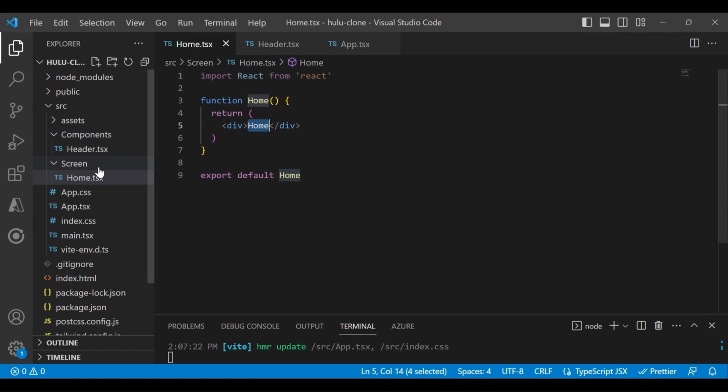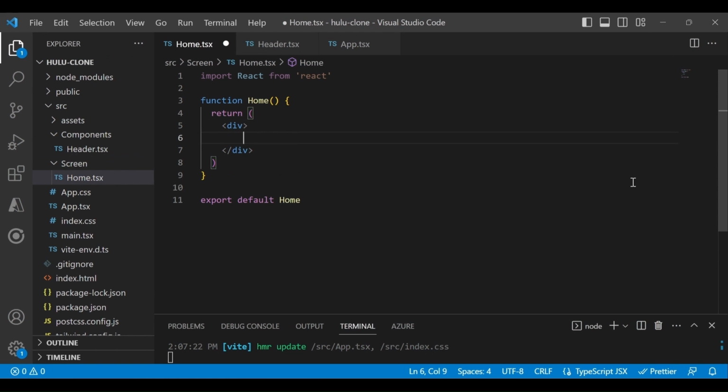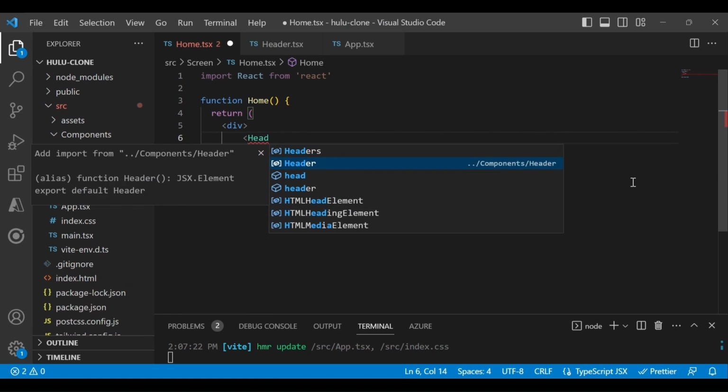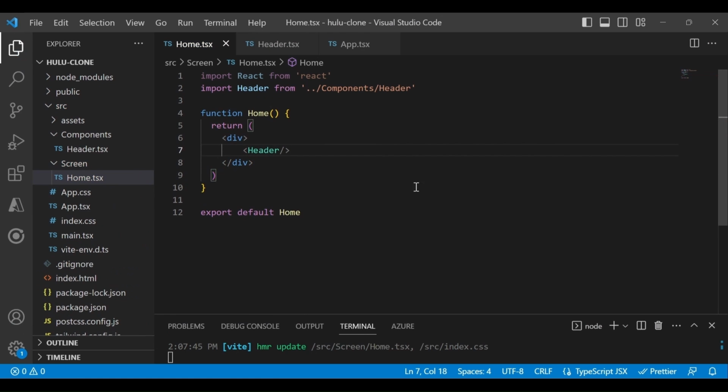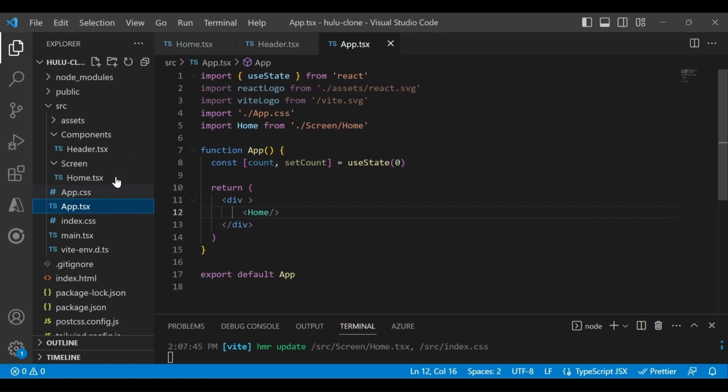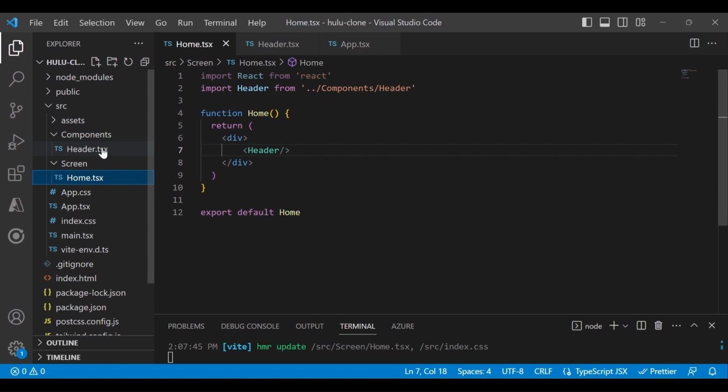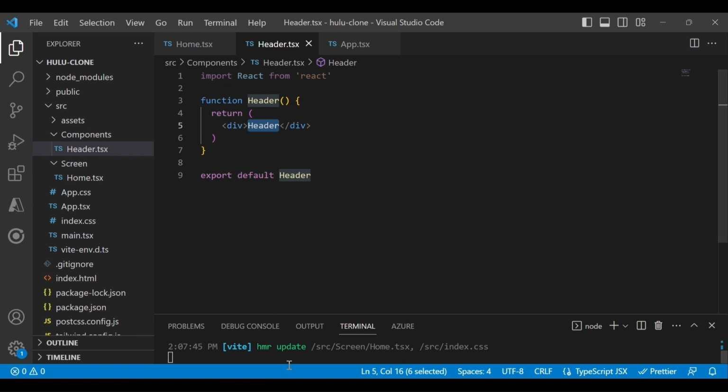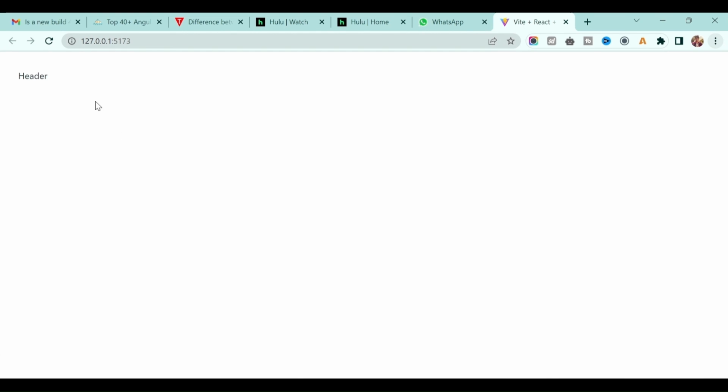So let's go to the home, and inside this div I will remove this one, and let's add the header component. Okay, so what we did: inside the App.tsx we added the Home, and inside the Home we added the Header. And if I save it, in the header we have this header text, correct? And if you go back here, you will see this header text.